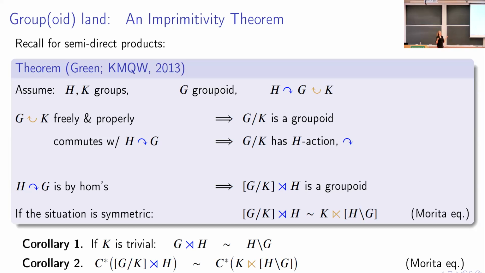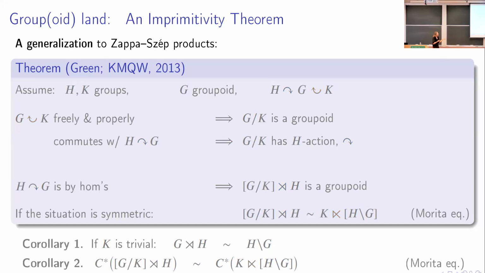Okay, so you've seen me do this before. I take a step back and want to do the exact same thing for the Zappa-Szép product. So this is what Boyu and I did. You start with 3 groupoids. So this is one generalization already, like we didn't need H and K to be groups. They're also groupoids. And this time we have loads of actions. So H and K both act still on G, but G also acts backwards.